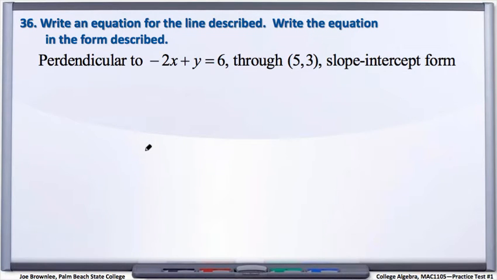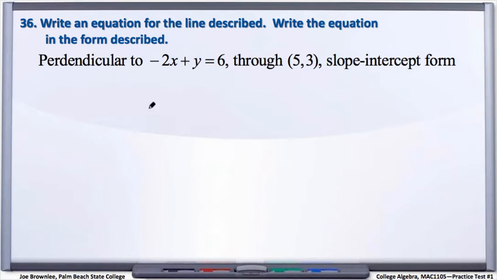All right, number 36, write an equation for the line described. Write the equation in the form described. All right, so they want us to write the equation of a line that is perpendicular to negative 2x plus y equals 6 and goes through the point (5, 3), and they want us to write that equation in slope-intercept